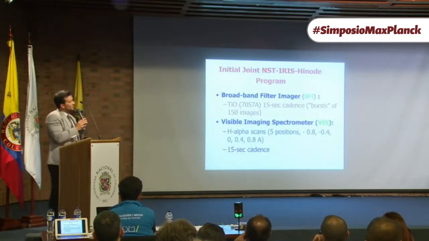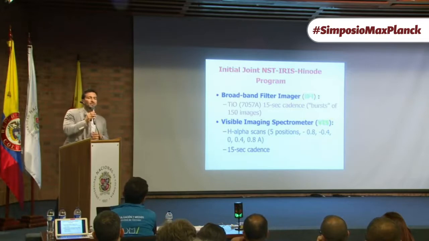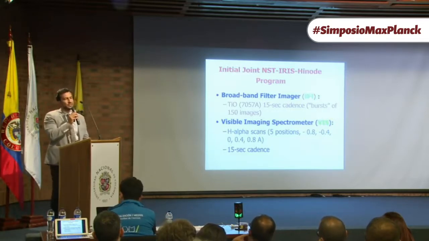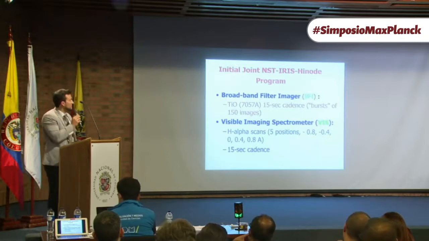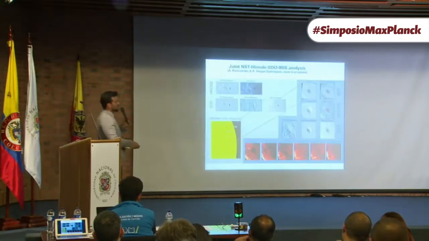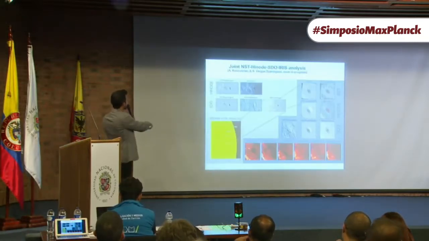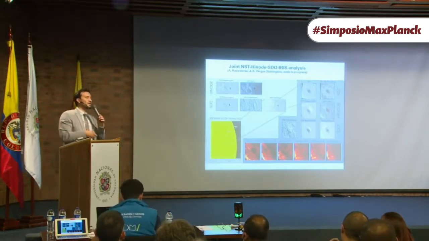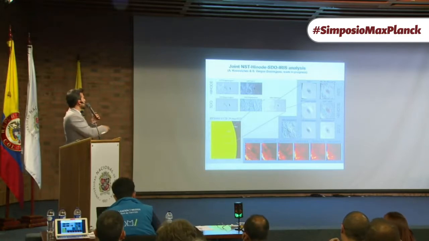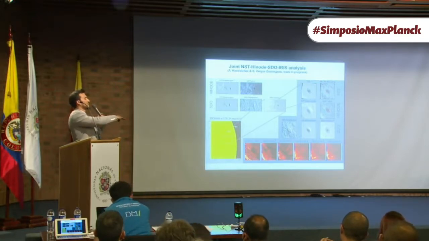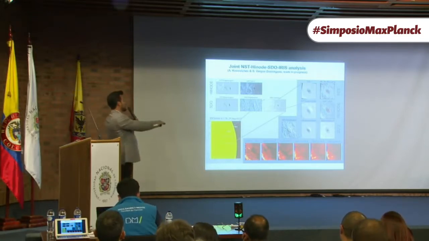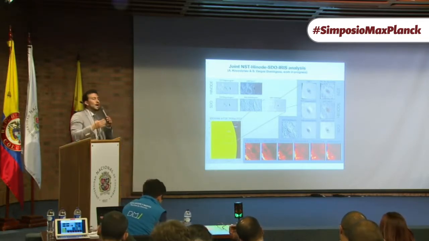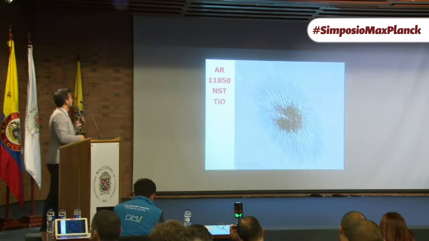Okay, so basically the idea I want to give you today is that we need to observe with different instruments in different scales to complete the whole picture. And that's what we are doing. We are using data from ground-based and space-based instruments, and we are comparing different layers of the solar atmosphere. That's how we know exactly how the magnetic field is going up and how it's interacting with all the magnetic field that we call ambient field, which is everywhere around.